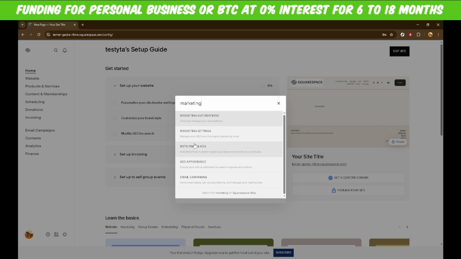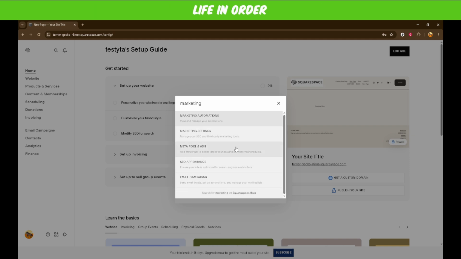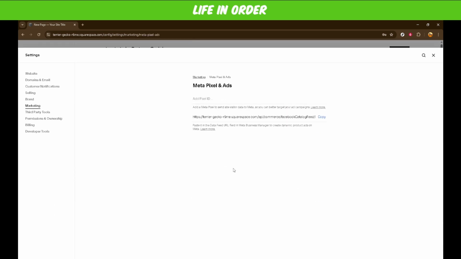Doing so will lead you directly to the marketing section, which houses all sorts of tools that are pivotal for enhancing your site's outreach and performance. Now look for the option that says Meta Pixel and Ads and click on it. This is the key destination where we get to connect your Facebook pixel with your Squarespace site. This integration allows you to monitor site traffic coming from your Facebook ads, which is crucial for assessing the effectiveness